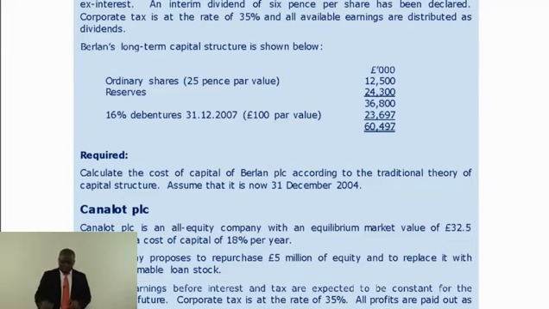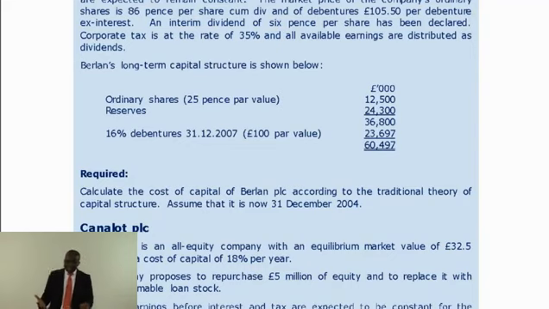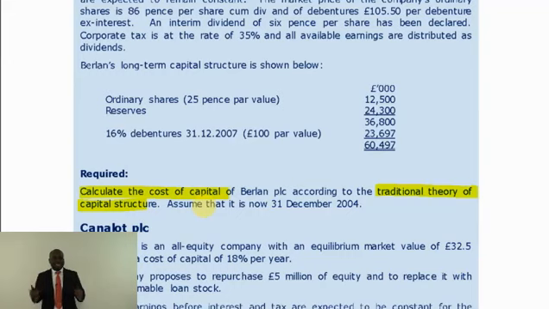Okay, let's do this one. When we finish, we do the analog. What is the intention of this question? The intention here is to let you know that if you go to the exam room and the examiner asks you, using the traditional theory of capital structure, calculate the cost of capital, nothing has changed. The traditional theory of calculating cost of capital is what we learned in the dividend valuation throughout. So when you see using the traditional theory, calculate your WACC, it is your normal WACC.